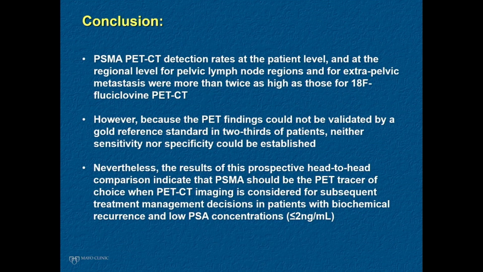So the take-home of this was that this is one of the earliest studies that supplanted other PET imaging, whether it's choline imaging, which I had a large experience in, or fluciclovine, in the evaluation of biochemical recurrence. And I certainly think that a PSMA PET is now the gold standard for evaluation, and it's fairly ubiquitous right now in the US. I will mention, just as both my colleagues have mentioned, that it's not perfect. These lesions that were detected, even though there's a higher detection rate, were not biopsy-proven metastatic sites.